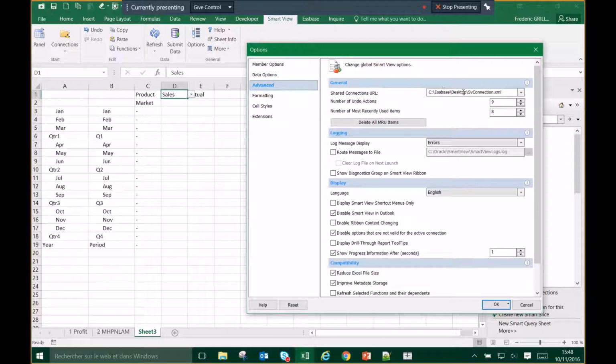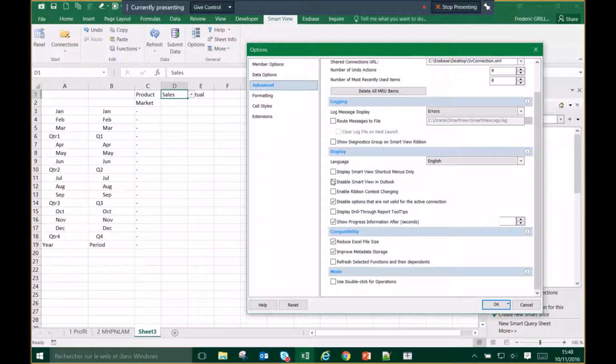In the advanced options, we have the setting to set the connections URL list. The language menu should always be in English for SmartView. If you don't have English, it means the install is not really as we wish it to be for you. It's normal that